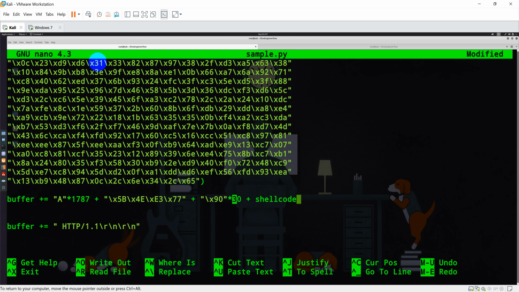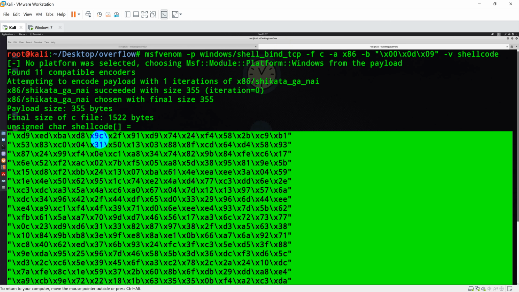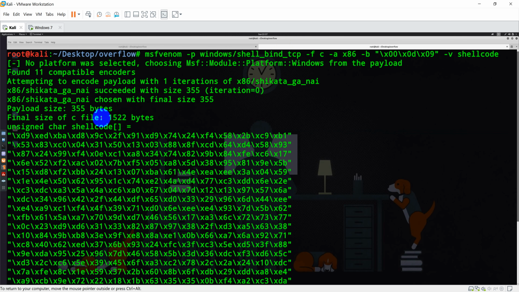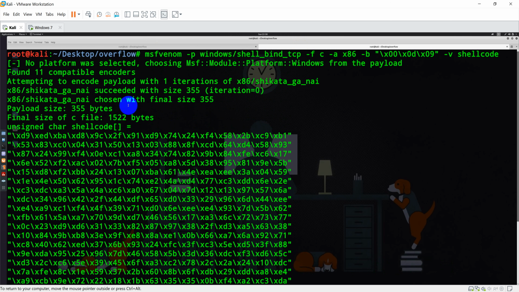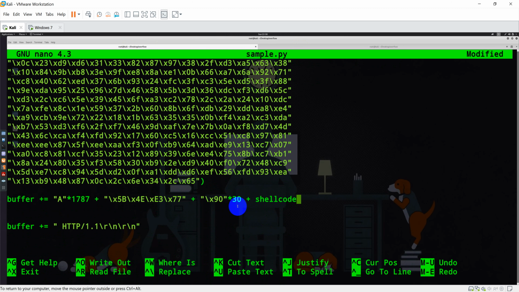Now there is another important factor: you could see the payload size is 355 bytes. There are some restrictions where you will not have sufficient space to put shell code, but that is an advanced technique for running shell code. Let's say the payload size available for us is 200 bytes and you want to run 355 bytes. In that case, it will not be possible to run the shell code, so a different technique is used if you are restricted to a size. But in this case we can sufficiently provide 1000 C's, so we can easily provide 355 bytes. We can also add some NOPs to run the shell code.